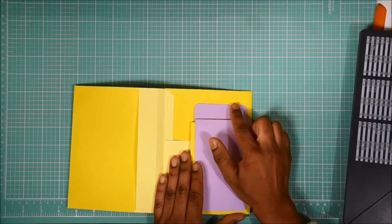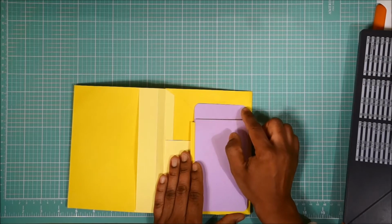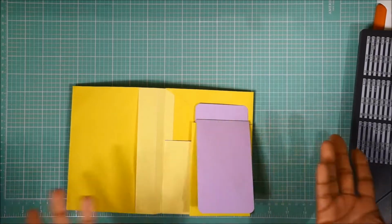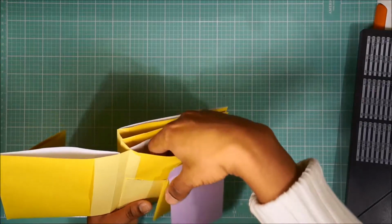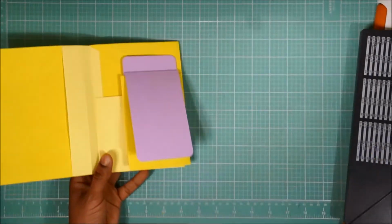If you wanted to, you could take your envelope punch board and just punch out the corner here so that it looks like a tab. That's up to you. Okay, and then the next insert I'm going to make is going to be